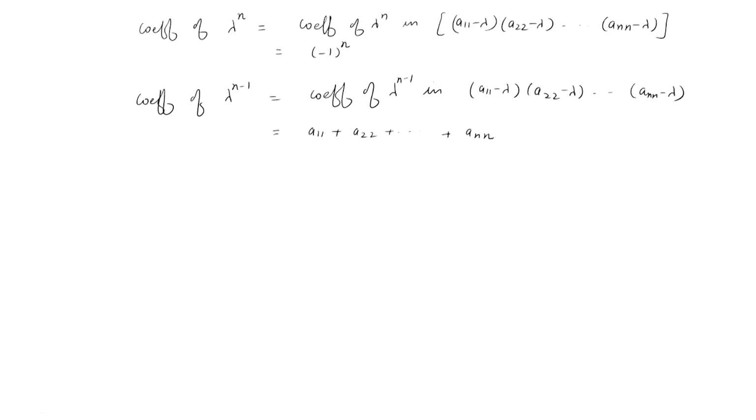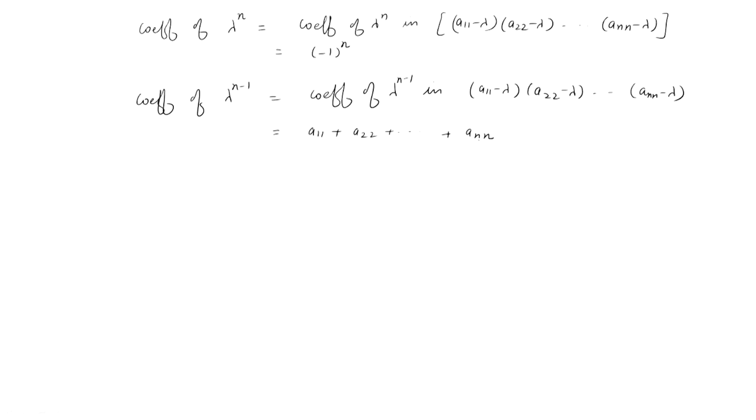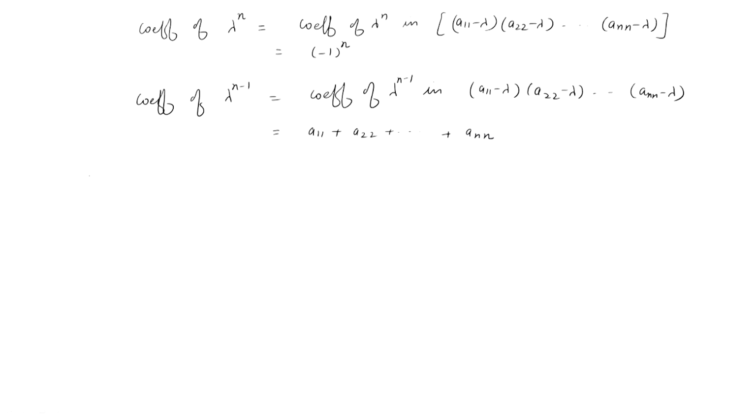You can simply see the sum of these elements A11 plus A22 and so on up to ANN will be the coefficient of lambda raised to power n minus 1. Okay. So, what basically now we are having is determinant of A minus lambda I, which is something like minus 1 raised to power n, lambda raised to power n minus C1 lambda raised to power n minus 1 plus C2 lambda raised to power n minus 2 minus and so on, minus 1 raised to power n Cn. So, this is equal to this.